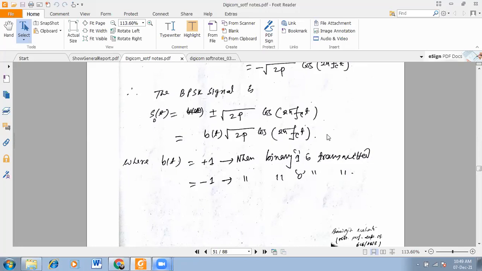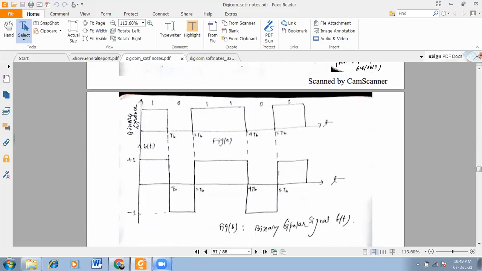So you had 0 and 1, but internally during modulation techniques we got one more signal, that is BT, which is nothing but plus 1 volt when 1 is transmitted and minus 1 when 0 is being transmitted. So you got BT also as one signal. Now see, this is your binary data 1 0 1 1 0 1. That is your binary data, you can say it's DT binary data.